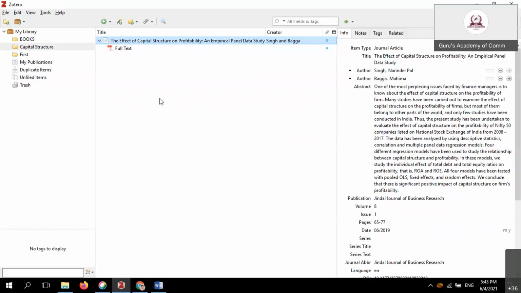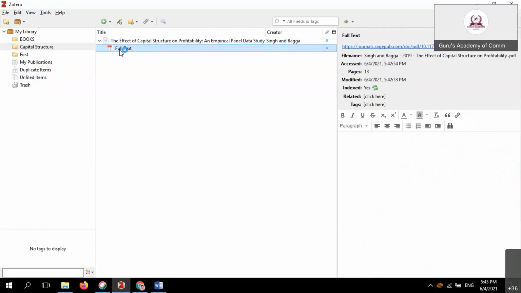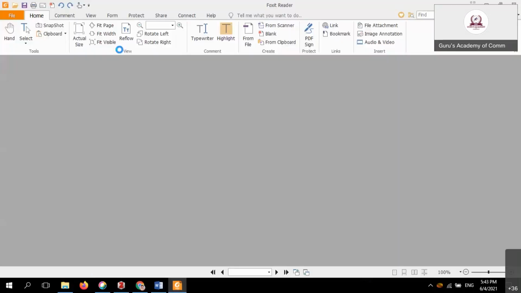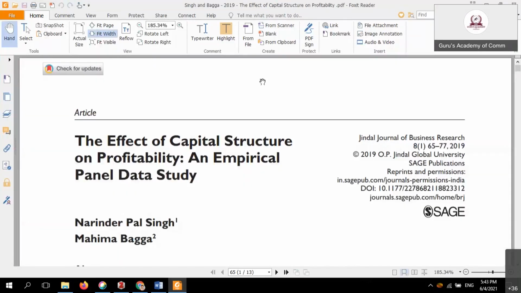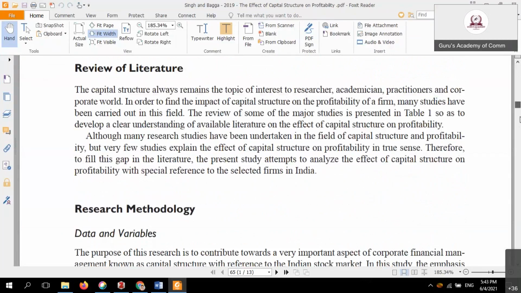Copy the URL, or simply search the identifier, so that everything is processed. Now your full text is here. Simply open the full text. No need to go to the entire Sage journal. Simply download it. Your article will be downloaded. The process is over.